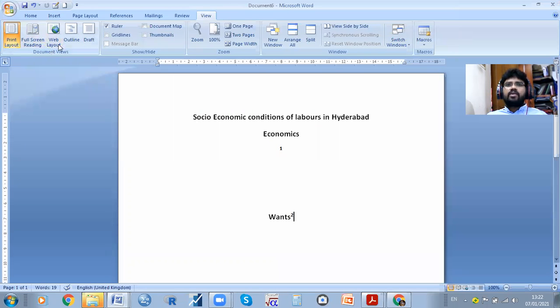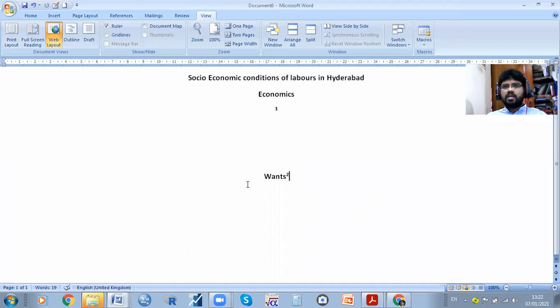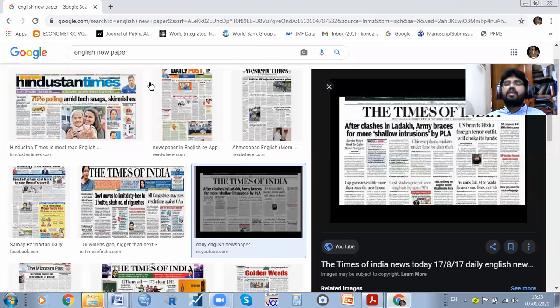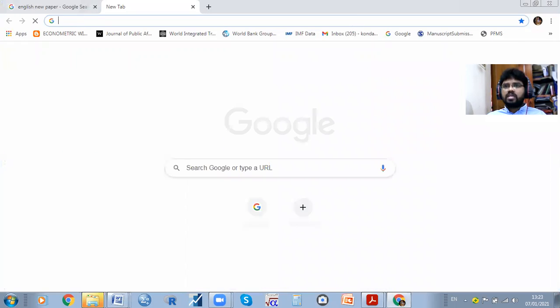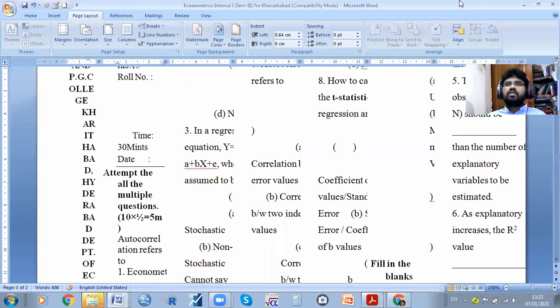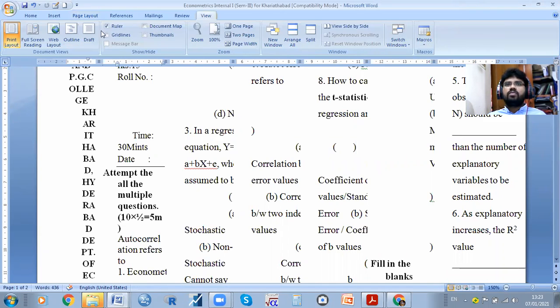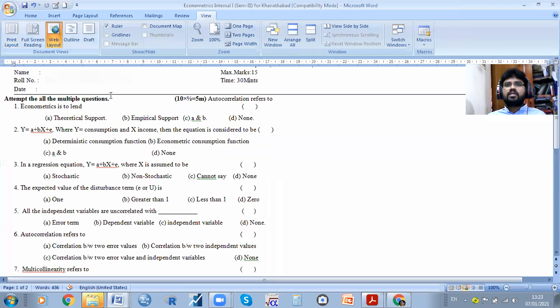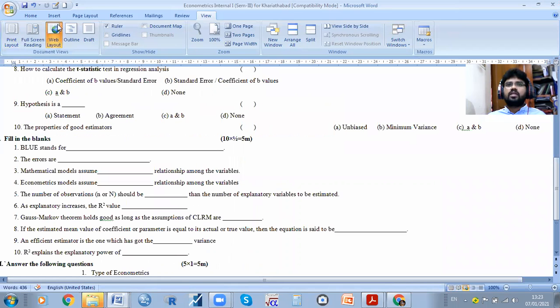Then here is the web layout, the web option, nothing but how we can see the web. For example, this is a web page, like when you are opening Google, how we are able to see it. This is the total we can see. When you are opening Word, this is how you see it, but when you look at View, that is the web option. See, you can see all the web total.